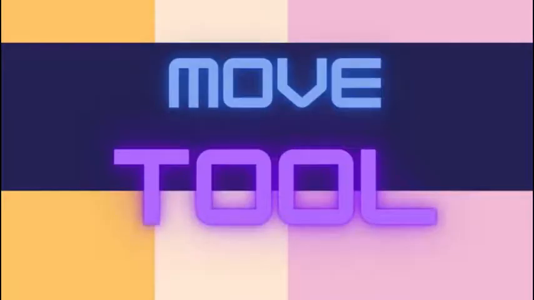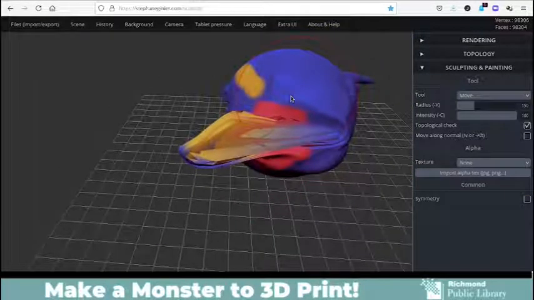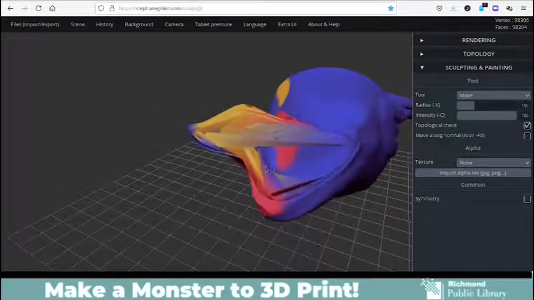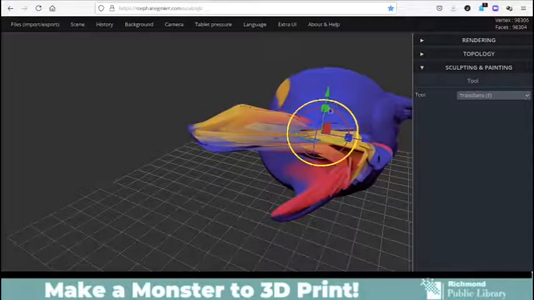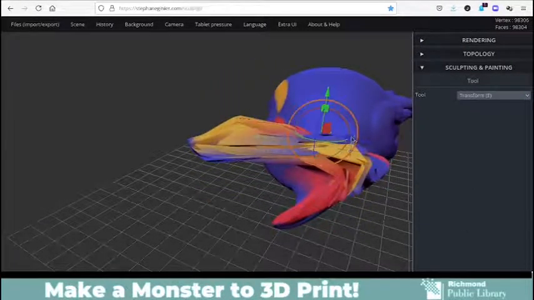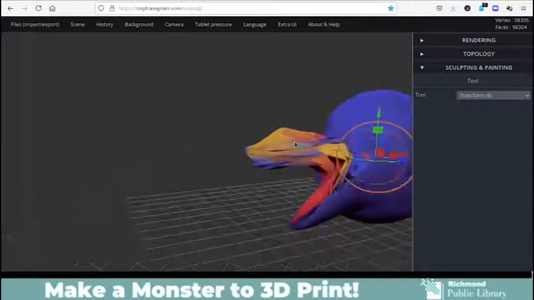And the Move tool. So the Move tool works kind of like the Drag tool. You are going to grab a portion of your clay and you're just going to move it. The Transform tool. So sometimes you might want to move your object or resize your object. Even this transforms it completely. Here I am rotating it. So what you'll notice on here is